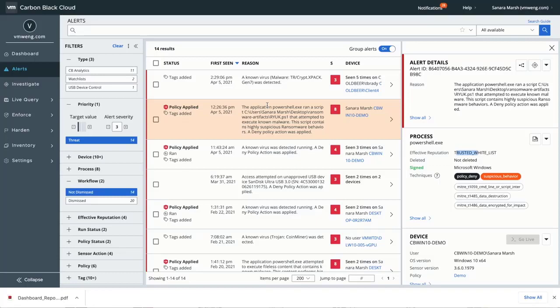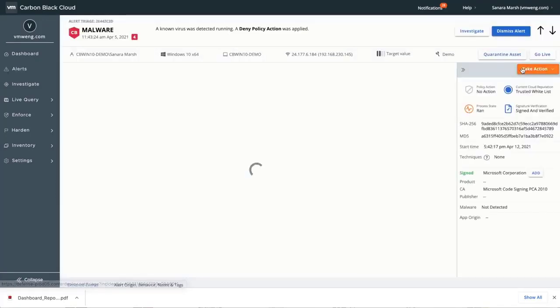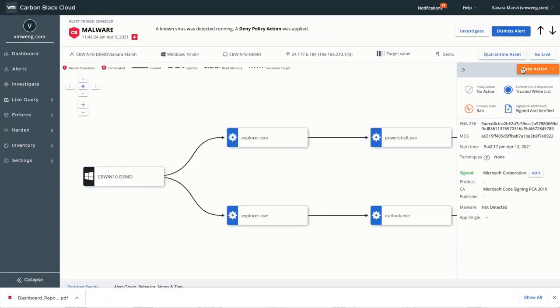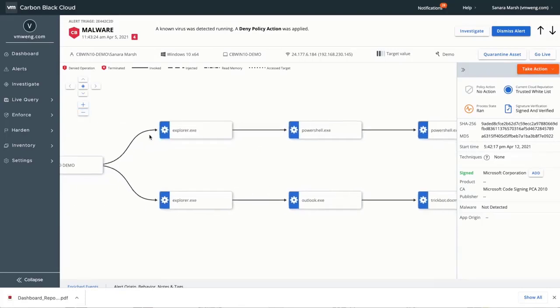But if we know anything about adversaries, it's that they're increasingly intelligent. We need to be able to assess and analyze things like behaviors as well. So this brings us into our behavioral analytics component. Now, opening this up, what we will be able to see is a complete visual depiction of this particular attack